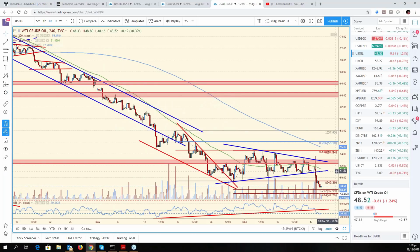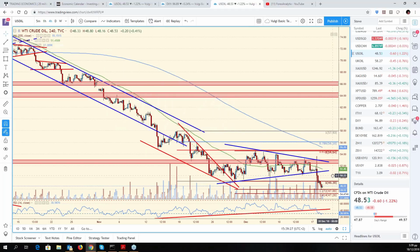Now, is it going to come from here? Is it going to come from a little bit lower? I guess we will find out rather soon. Perhaps, as Blake said, a dovish Fed tomorrow should weaken the dollar, should momentarily, not momentarily, but in the short